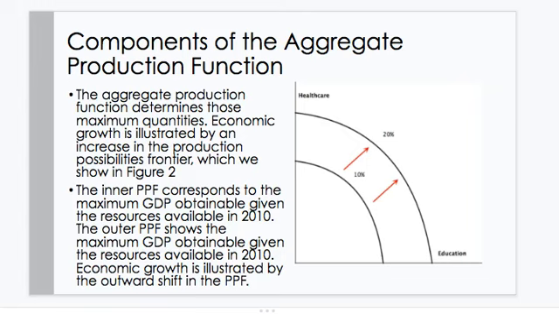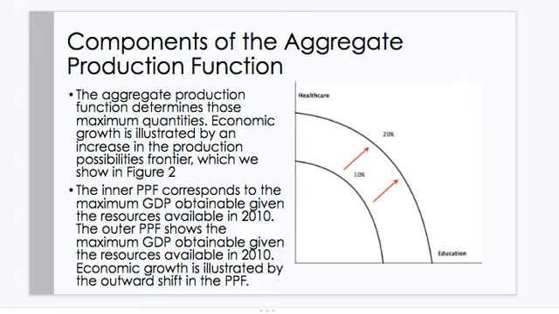Components of the aggregate production function determine those maximum quantities. Economic growth is illustrated by an increase in the production possibilities frontier, which we show in this figure 2. Shifting to the right, there's more that can be produced. The inner PPF corresponds to the maximum GDP obtainable given resources in 2010. The outer PPF shows the maximum GDP attainable given the resources available when there's economic growth and it